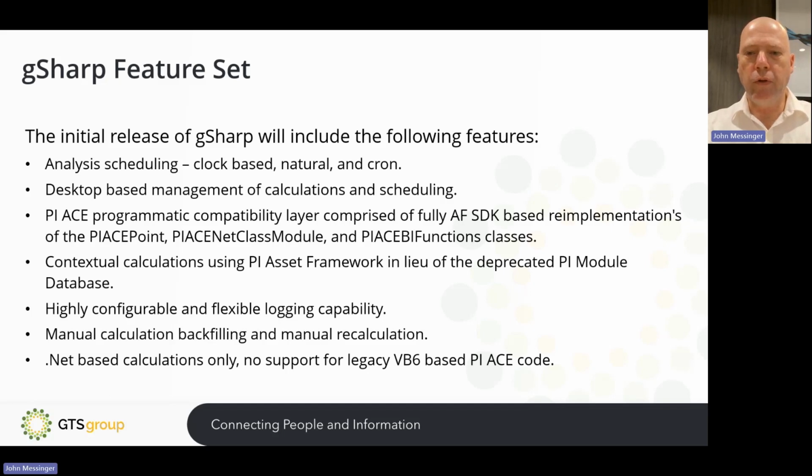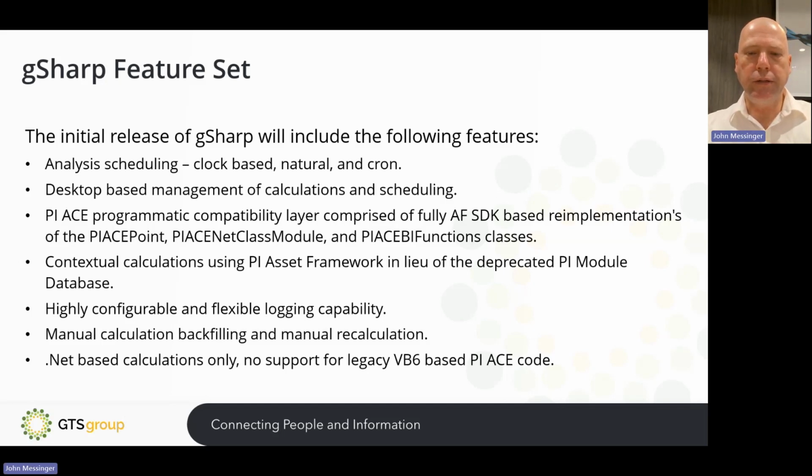So for those of you that have actually been on the tools and written code, you'll know that you use objects such as a PyAce point, and that belongs to a PyAceNet class module, and often you'll access functions and methods in the PyAce built-in functions classes. In gSharp, we have done our own modernized re-implementation of these classes using the AF SDK.